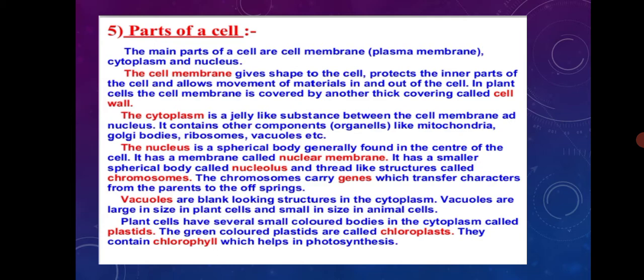Cytoplasm and protoplasm. The living substance of the cell bounded by the plasma membrane is called protoplasm. It is a jelly-like, viscous, colloidal or semi-fluid substance. Protoplasm which is found between the plasma membrane and nuclear membrane is called cytoplasm. Cytoplasm contains about 90% water, 7% protein, 2% carbohydrate and lipid, and 1% inorganic material and vitamins.